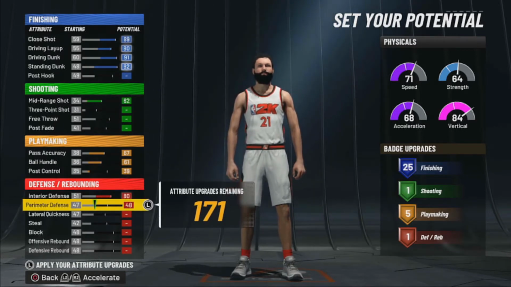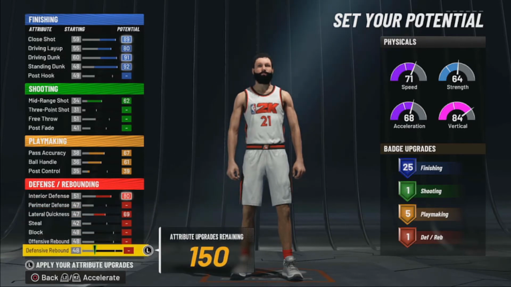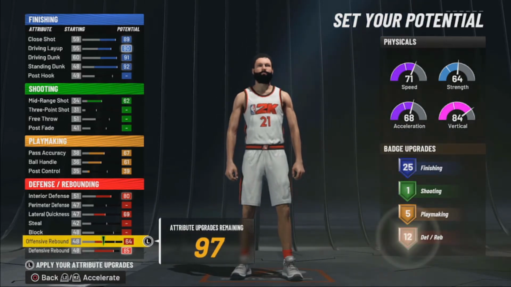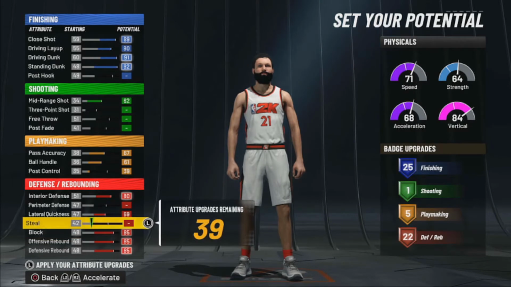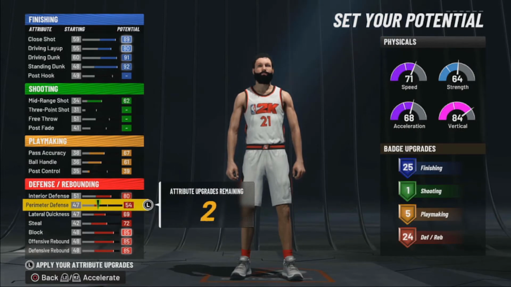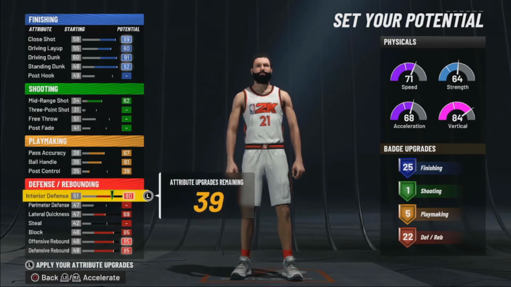And then we're going to get our interior defense, then our lateral quickness. We're going to max that out. Then we're going to go down to our defensive rebound, max that out, max out our offensive rebound, max out our block, and then you could put the other 39 on the steal here, and then this 9 on the perimeter defense. Or another way that you could do this, guys, is